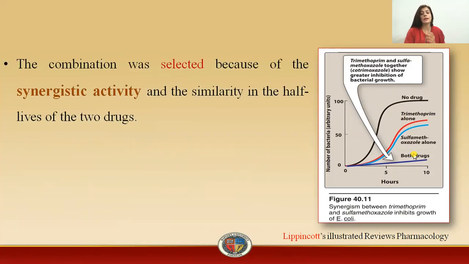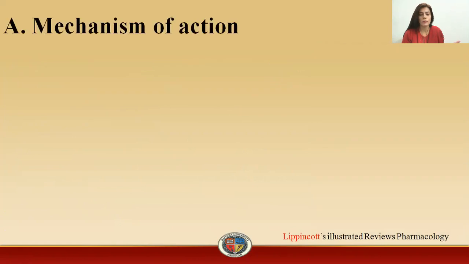So you can say that when these drugs, trimethoprim and sulfamethoxazole, are used in combination, as cotrimoxazole, then you will get the synergistic effect. That is, you will not get the additive effect, 1 + 1 = 2. You will get a greater effect, that is 1 + 1 = 3 or 11, or whatever you can say.